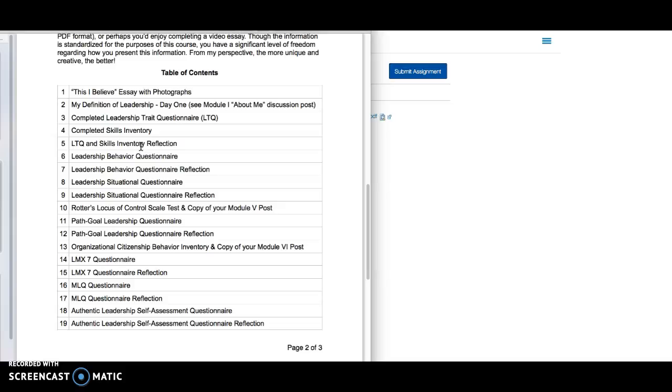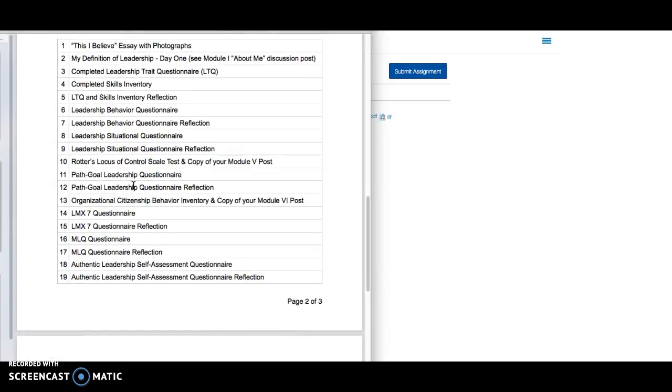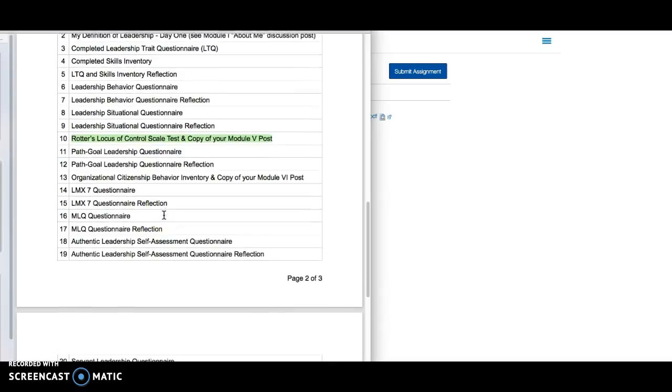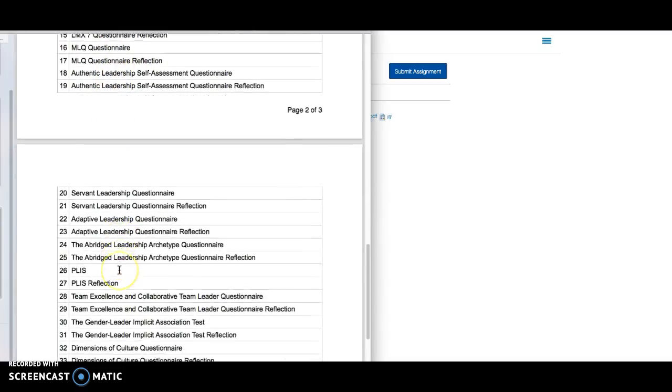So if we proceed down, these things are pretty consistent across the board. There are a couple of extra assignments that I ask of you. These are all included in your module guides. By and large, they are the questionnaires that are in your textbook.